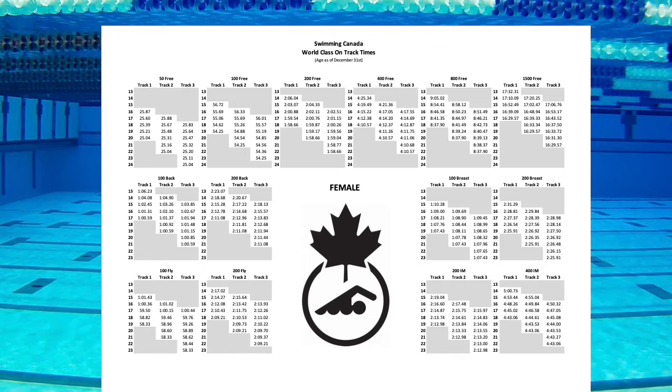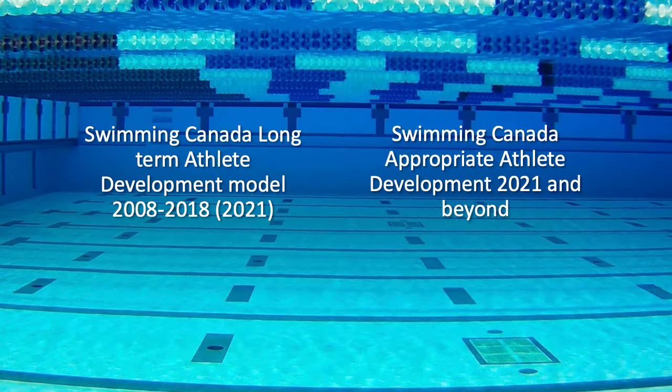As they get a little bit older, the shorter distances come into play. If you look at the 100 freestyle, there are no times to be qualified as a 13-year-old or a 14-year-old. There's only track 1 for 15-year-old females. So this is trying to have everyone realize that you can have success in the longer distances in some of the other events. By not rewarding people who mature earlier or faster than some of the others, we have a greater ability to keep athletes into the sport a little bit longer.